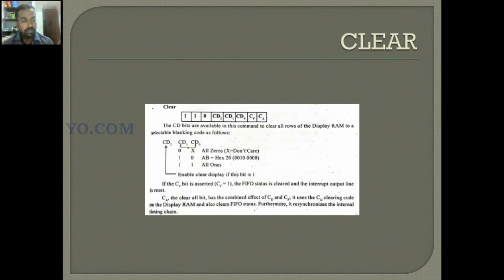CD1 CD0 equal to 0 0 means all zeros, 10 means AB, and 11 means all ones. If CF is 1, then the first in first out status is cleared. That is, CF equal to 1 means the first in first out status is cleared and the interrupt output line is reset. If CA